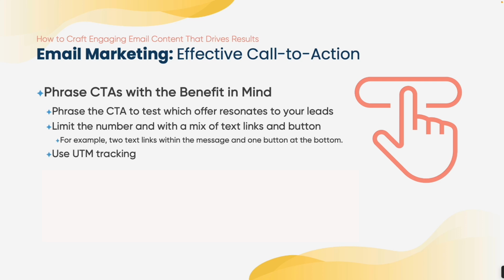And then use tracking in your links. Your email platforms will typically do this for you, but if they don't, then make sure you have tracking enabled in your email marketing messages so you can track which specific call to action actually gets more clicks. Because you may find a text link in the message body actually gets a higher click rate than the button at the very bottom of the email. So just try looking at your data and look at your tracking information.